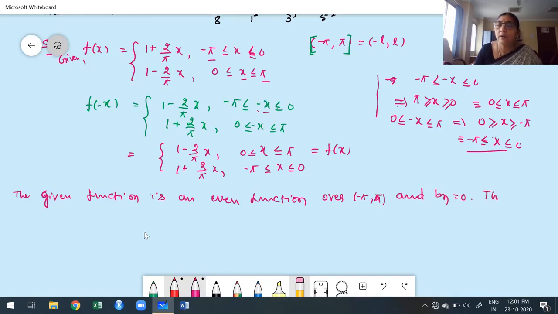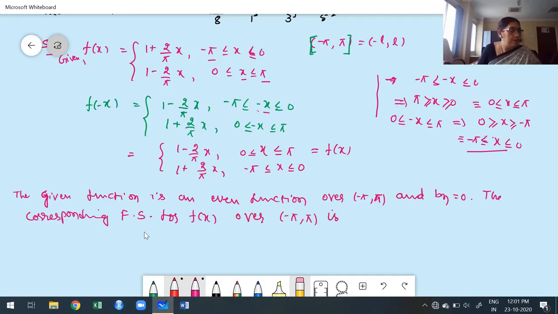The corresponding Fourier series for f of x over the interval minus pi to plus pi is